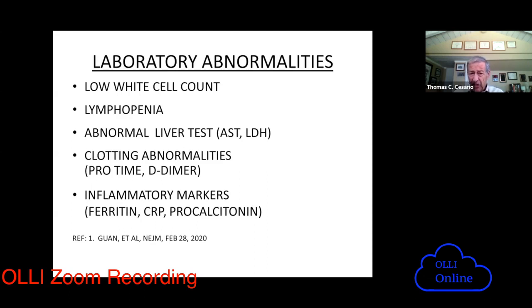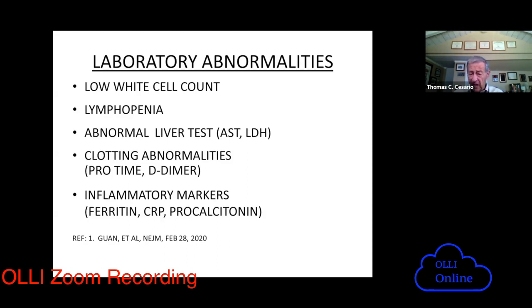But in this condition, oftentimes the white cell counts are low, but particularly in a form of the white cells that we call lymphocytes, which are one of the major types of cells that control the virus. And these patients, particularly as they get sick, suffer from a lower number of those cells because they're probably being consumed in trying to fight the virus.